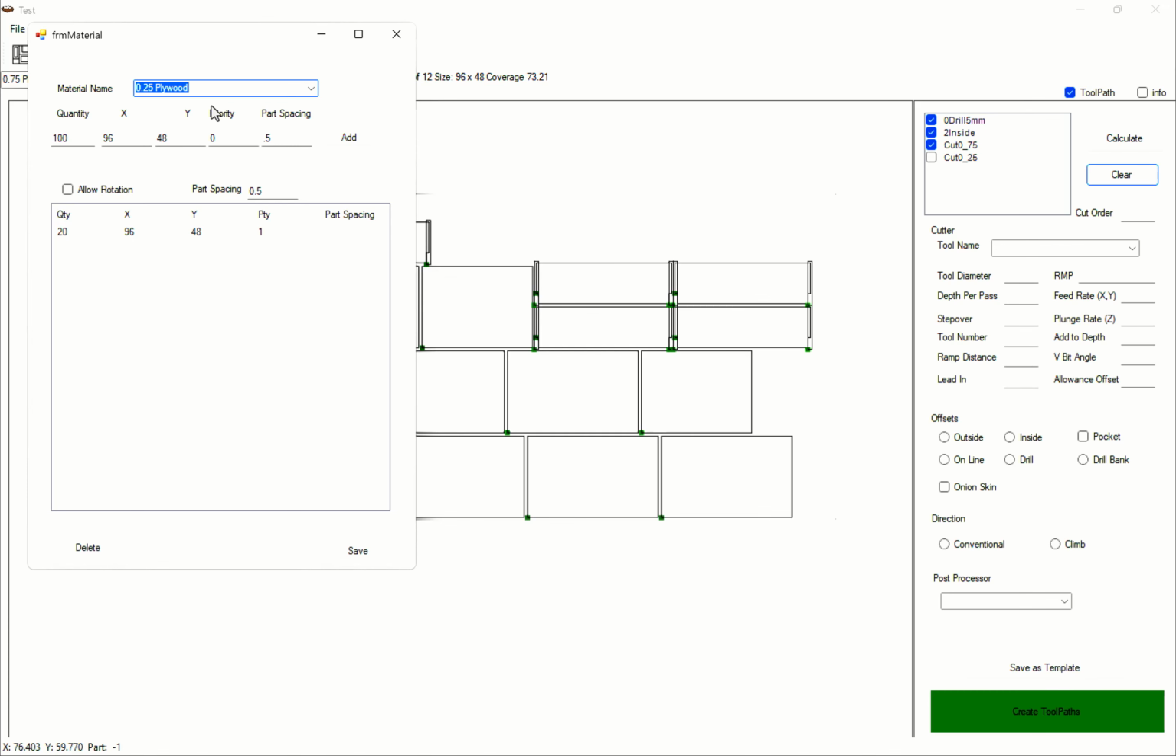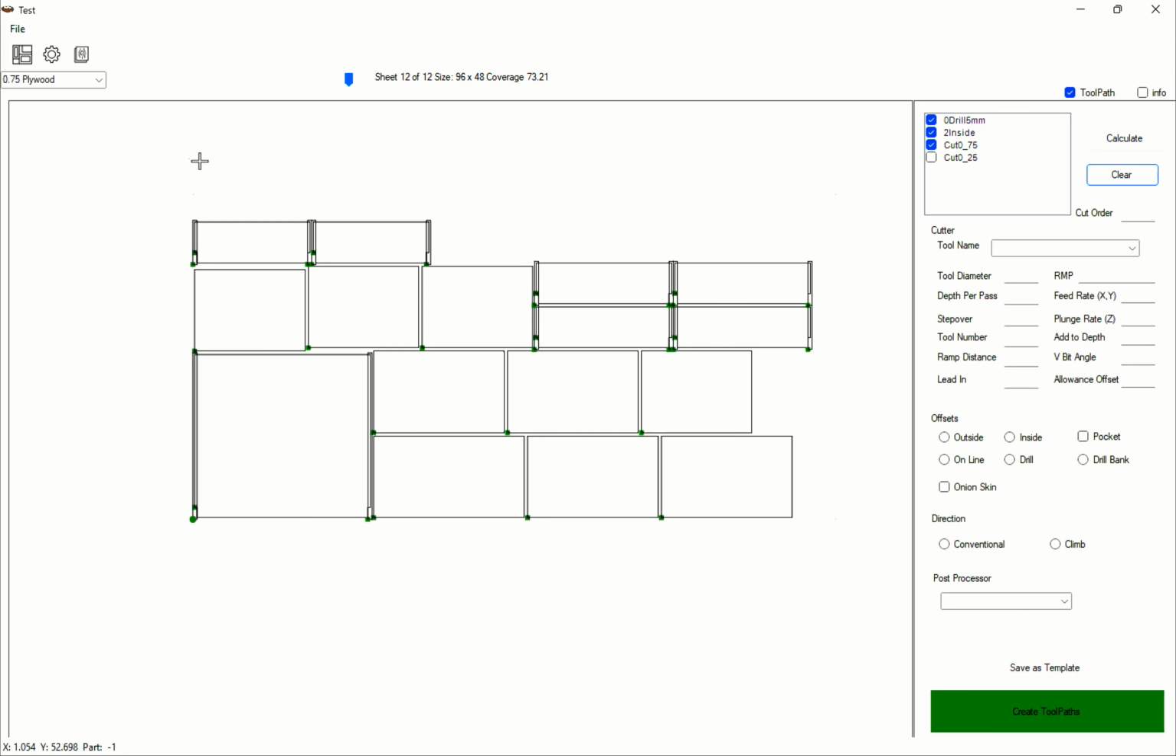1/4 inch plywood, or it may be the case that we need, and it is okay to allow rotation for the parts on our 1/4 inch material, but not on our 3/4. So that allows us to separate the rotation and part spacing for each type of material. If you do not have an item in the material list, it does fall back as before with a default